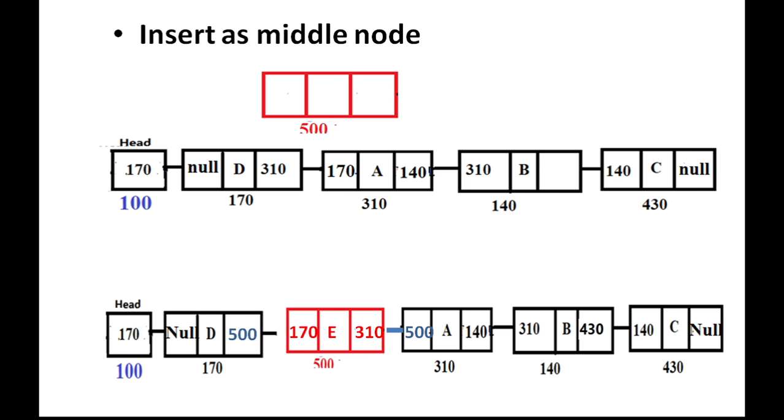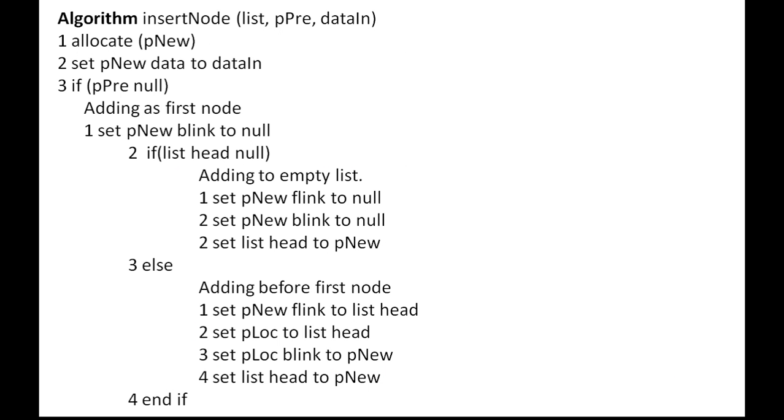Having seen the implementation, you would have got some idea what are the changes required in the insert operation at various positions. Now we are going to apply that into the algorithm. So this is the algorithm I have constructed for the insert operation, and this algorithm is not available in our textbook. It is given as an exercise for us to implement. So based on our understanding of the singly linked list, we are required to implement the insert operation and the delete operation for the doubly linked list.